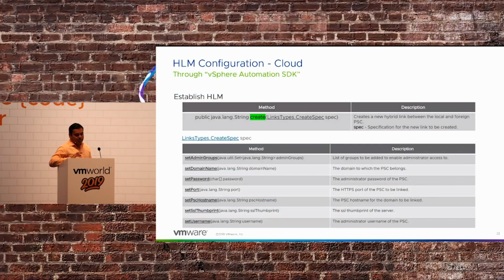So how do we do the same operation through vSphere Automation SDK? We've seen API Explorer, we've seen DCLI, we've seen PowerCLI, now vSphere Automation SDK. What is vSphere Automation SDK? Just a quick intro. It's a software developer kit which comes with client libraries and samples which represent the REST